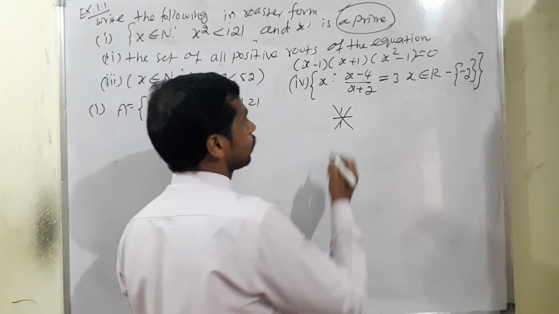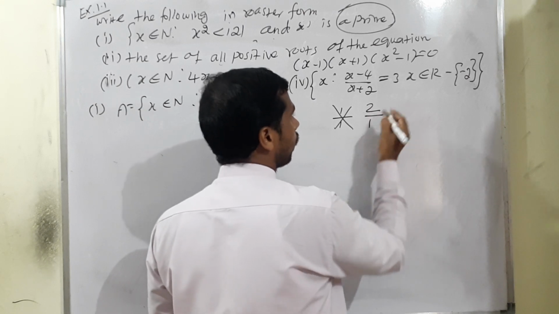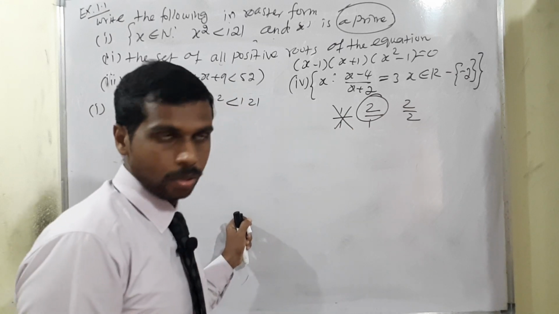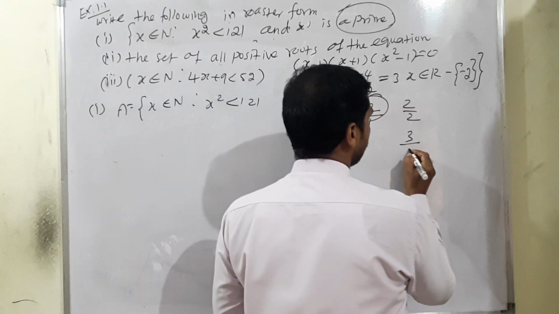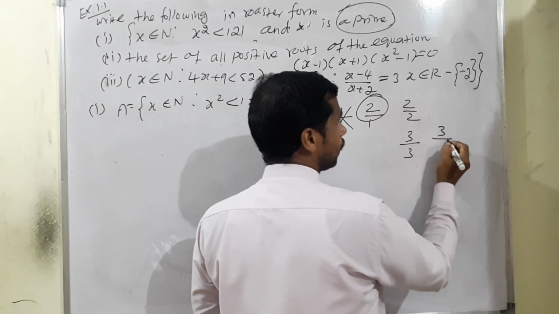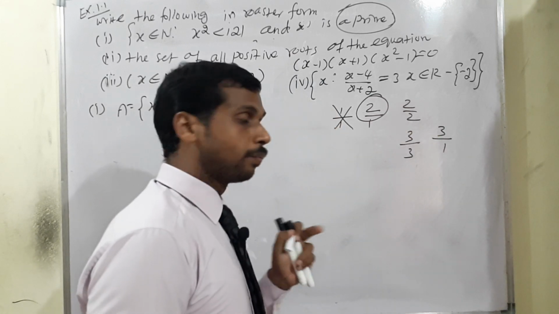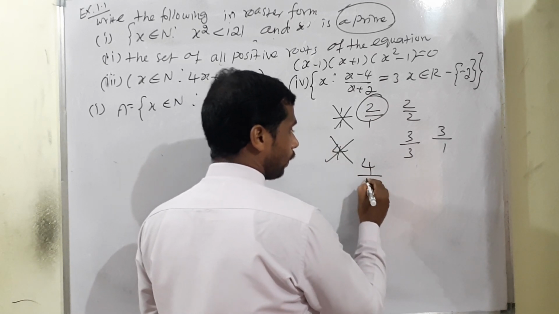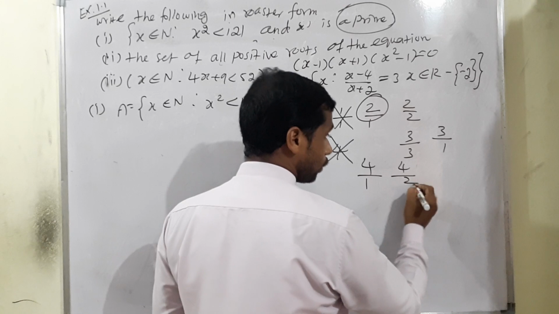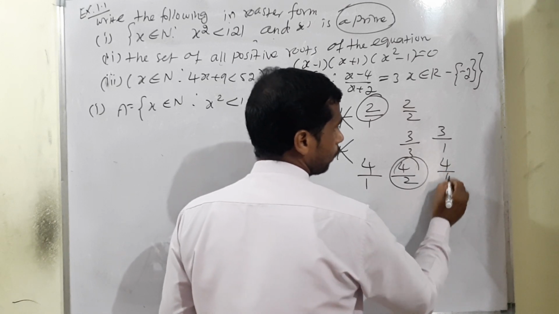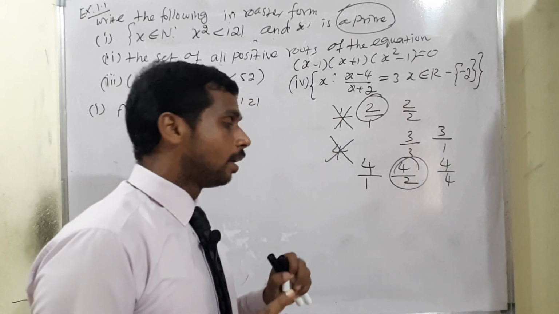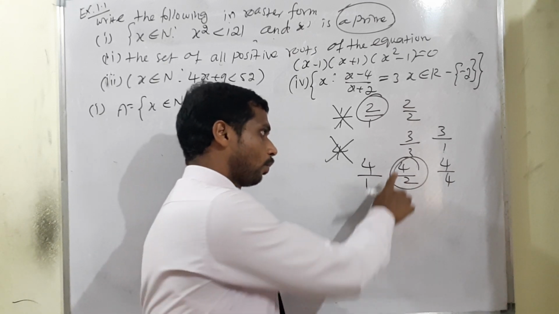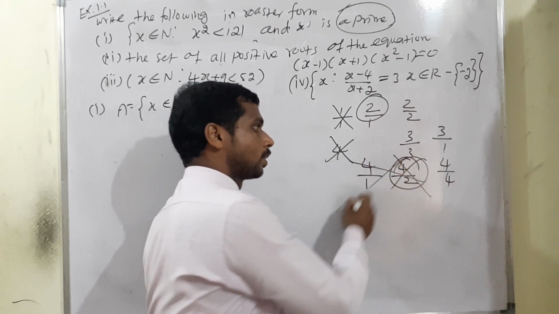That's why we are saying 1 is not a prime number. If you take 2, what will happen? Definitely divisible by 1 and by 2 also. That's why the smallest prime number starts with 2. Then if we consider 3, 3 divided by 3 is possible, 3 divided by 1 is also possible. But 4, definitely we can say, is not a prime number. Why? 4 divided by 1, 4 divided by 2, and 4 divided by 4 are all possible. The condition is a number divisible by 1 and the number itself. That's why, with 4 by 2 as one more divisor, we are saying 4 is not a prime number.